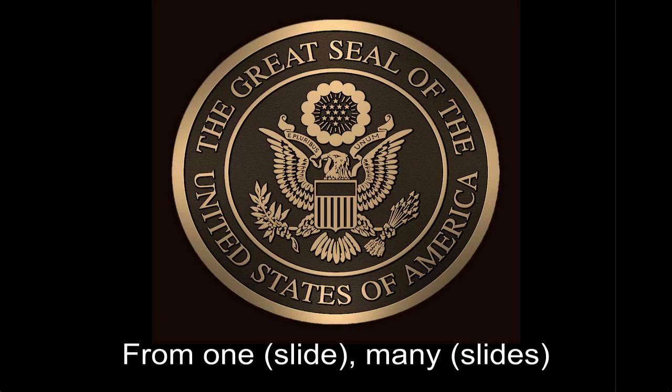So this is the Great Seal of the United States of America, and if you notice the Latin phrase on the ribbon that the eagle is holding in her beak, e pluribus unum. And what we know that means is from many, one. So it's like we all become melting pot Americans, I guess is the idea. But I want to twist that saying around, and I want to call it e unum pluribus. From one slide, make many slides. It's a very easy and accessible way that you will make more Zen presentations.